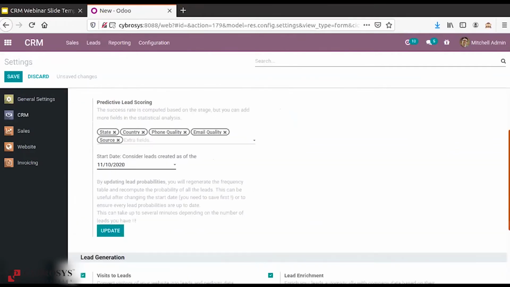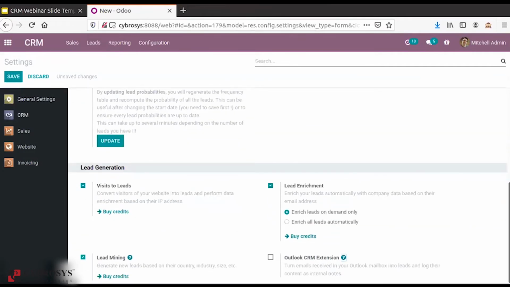Then we can generate leads through the website, visit to leads, lead enrichment, lead mining, and then the Outlook CRM extension. So these are some of the lead generation techniques in Odoo.